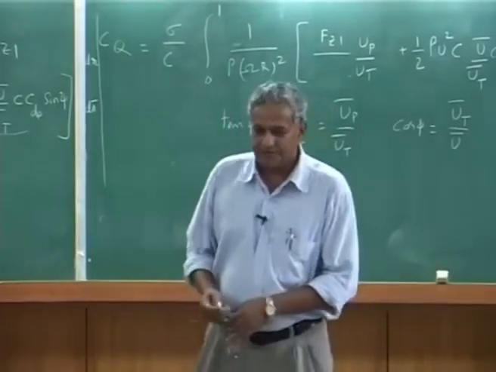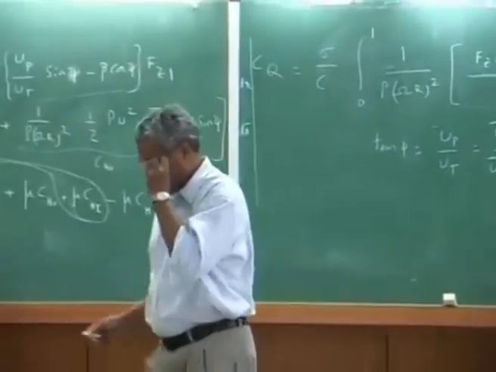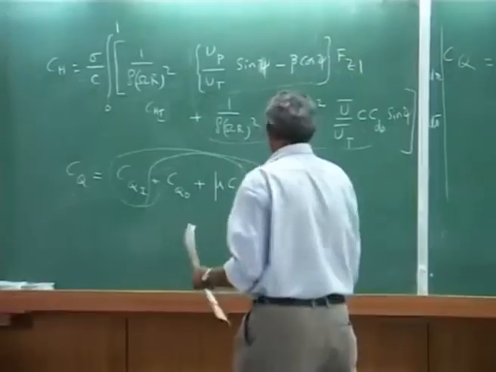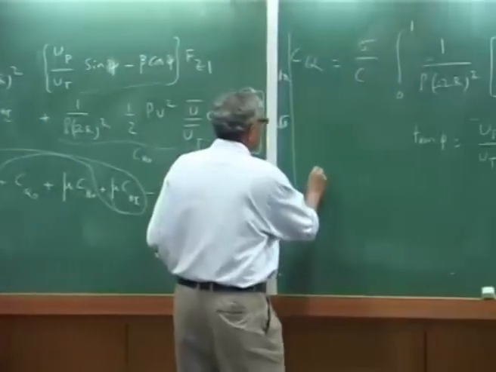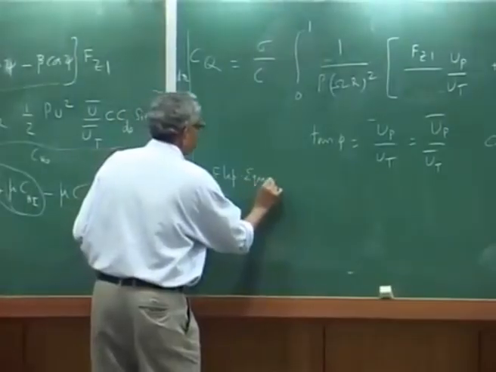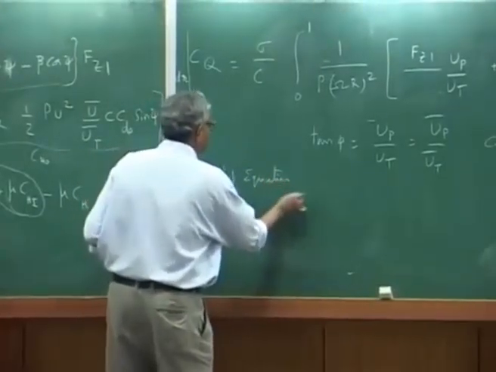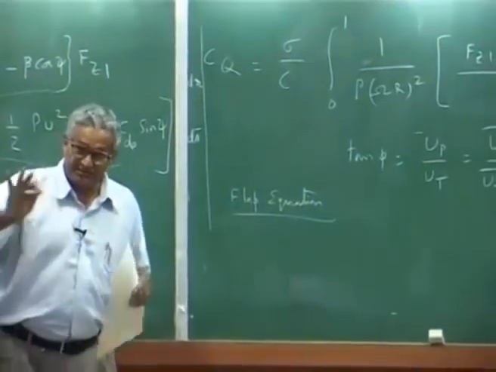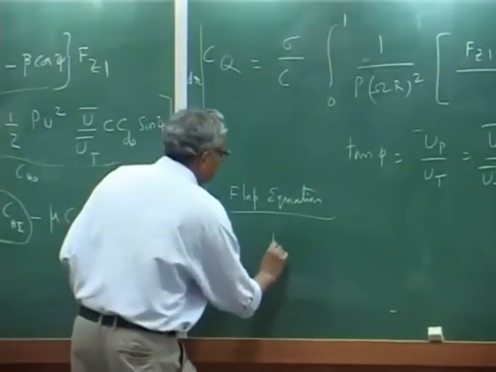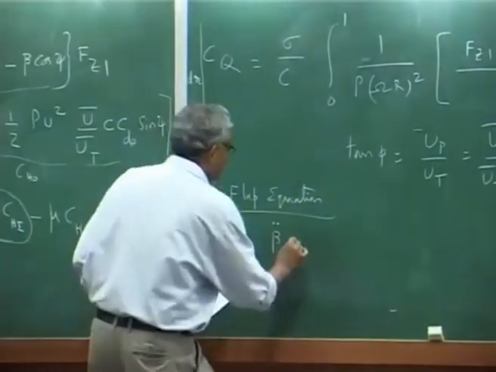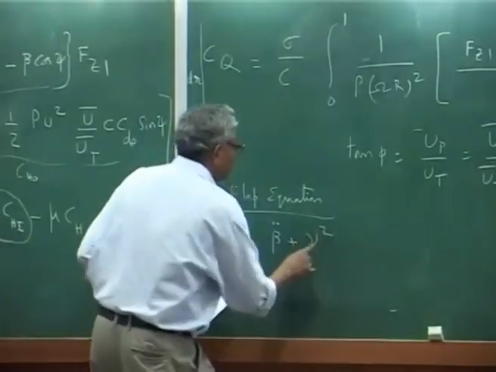Usually the flap equation, I am just writing it here. This is the flap equation. It is a general flap equation. Let us assume that it is a rigid blade, with some hinge offset, everything. The flap equation will usually be, which we will be deriving later, but I am just writing it here,